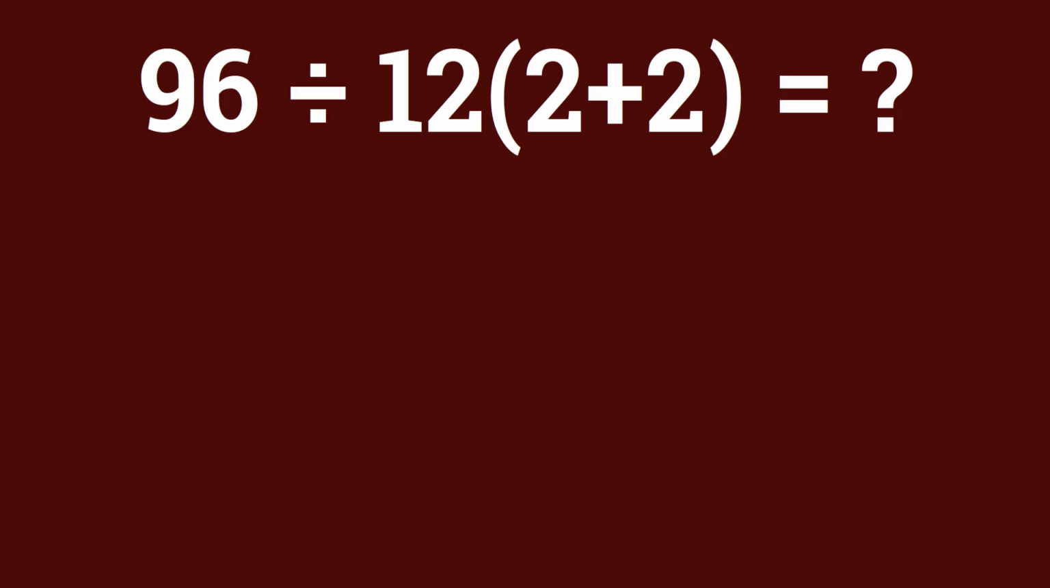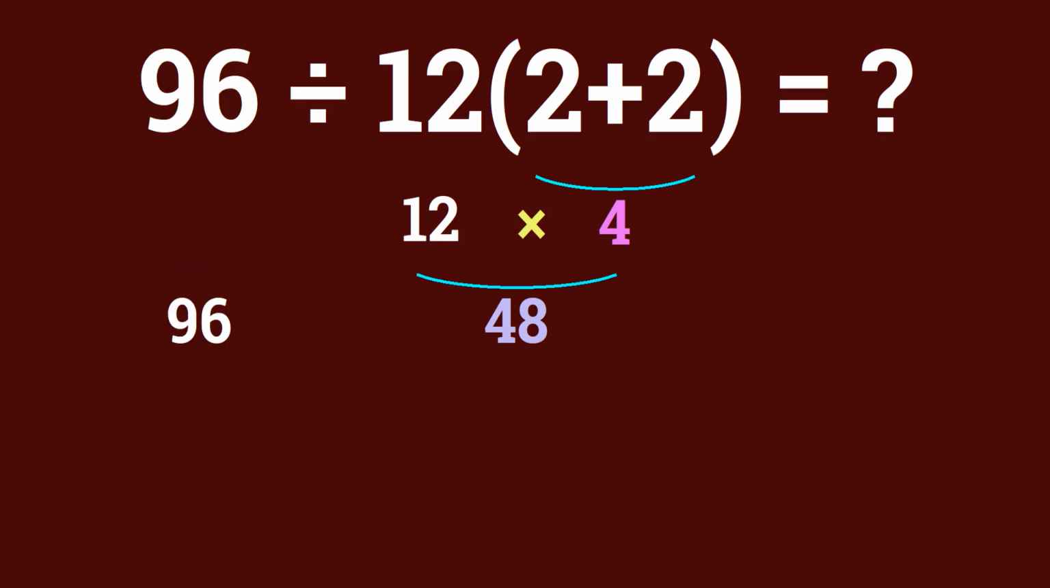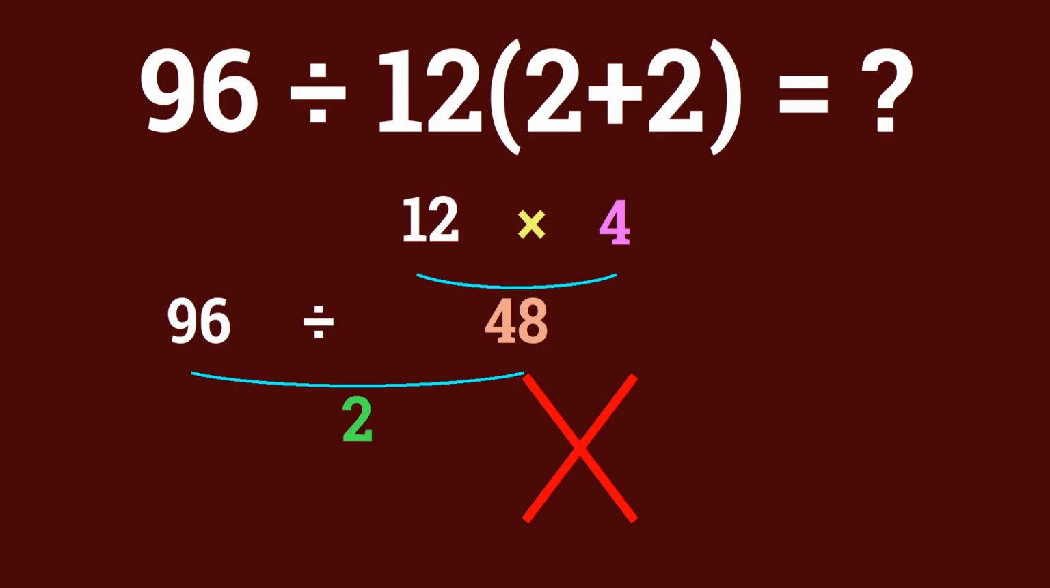2 plus 2 gives us 4, and 12 times 4 gives us 48. So 96 divided by 48 is just 2. But this answer is not correct, because according to the order of operations, first we have to do parentheses, then